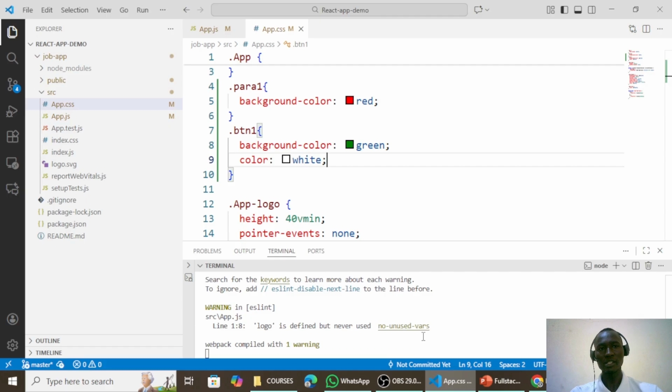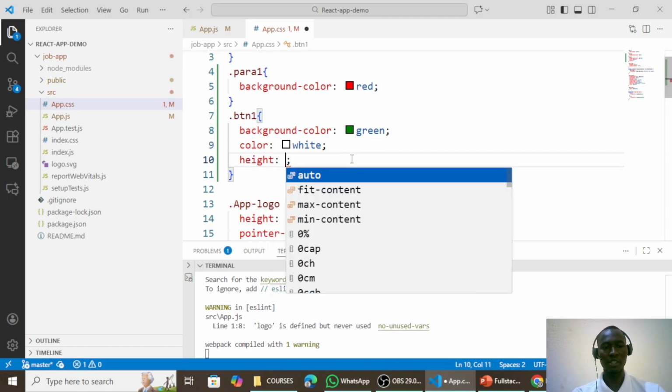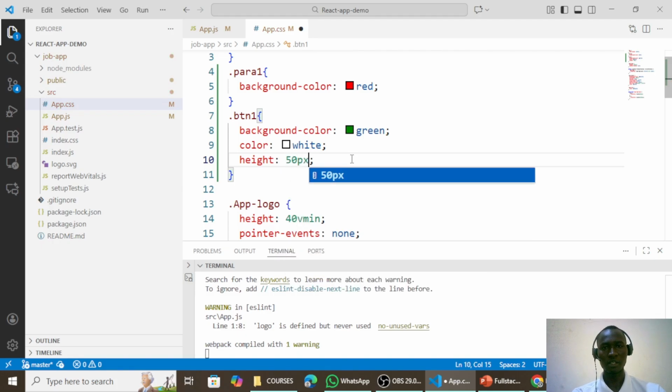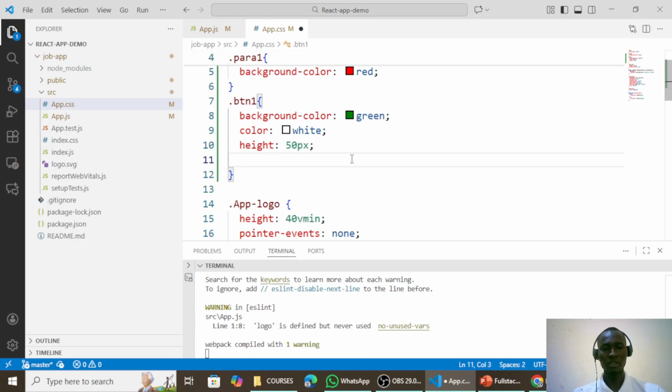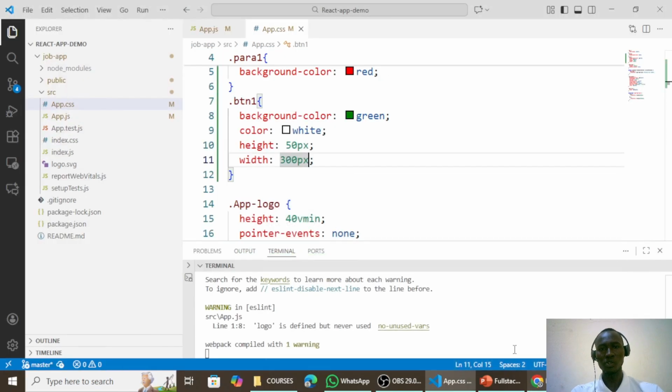Maybe we can add some width and height to it. So we can say the height is 50 pixels. Let's say that. And the width maybe is 300 pixels. So let's check out that. So we can have a width reduced to 200,